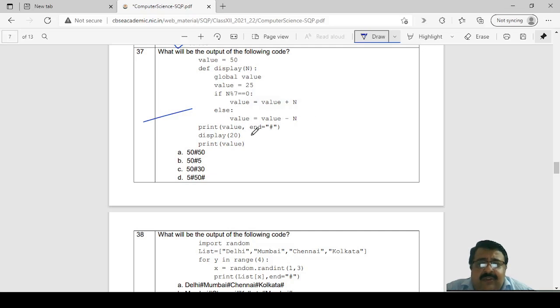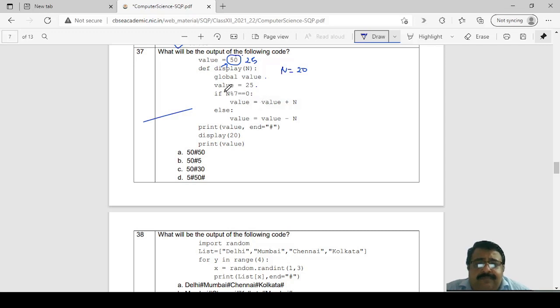Print value comma and equal to hash. Display 20. So in this function n is 20 and global value, so value is taken, value is 50, this value is referred, value equal to 25, so this value becomes now 25.